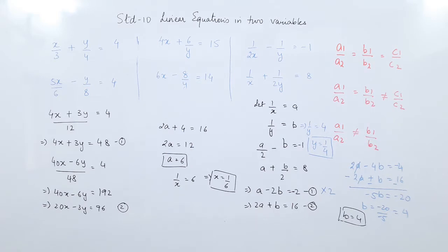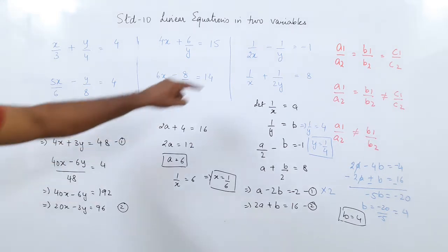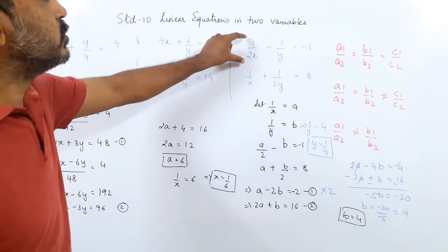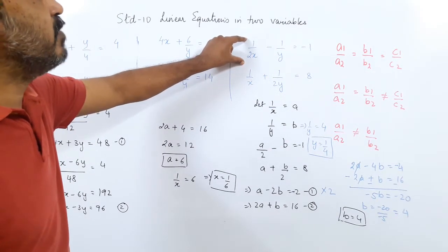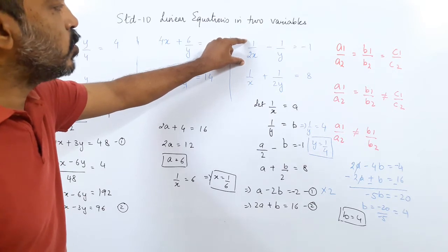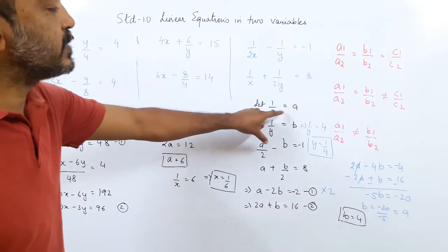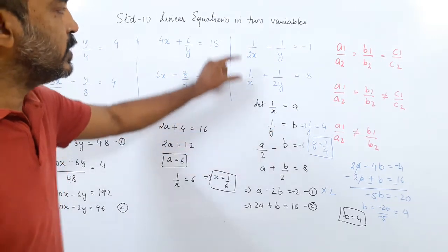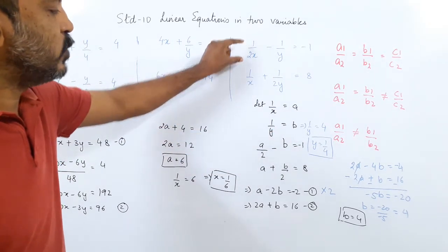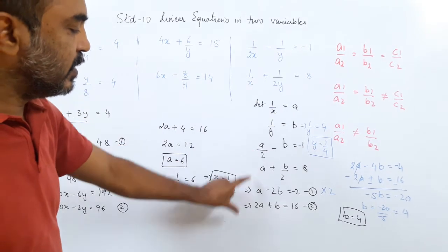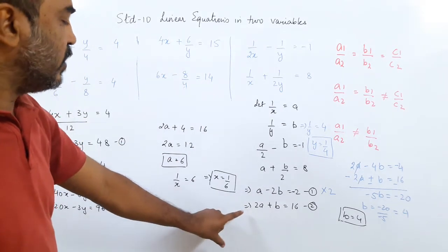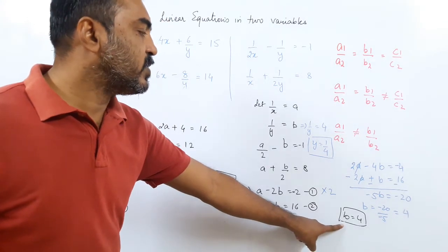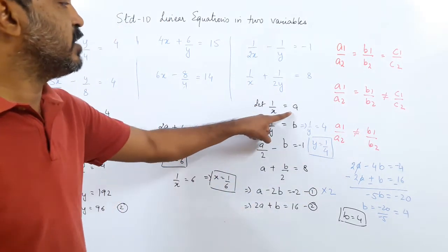Now here you can see there are equations where the variables x and y are in the reciprocal. So this is not in the form ax plus by plus c equal to 0. So what we did, we took 1 upon x equal to a, 1 upon y equal to b. So the equation changed from xy to ab. Then we solved the equation in ab and found the value of a and the value of b. But that is not our answer because 1 upon x equal to a.